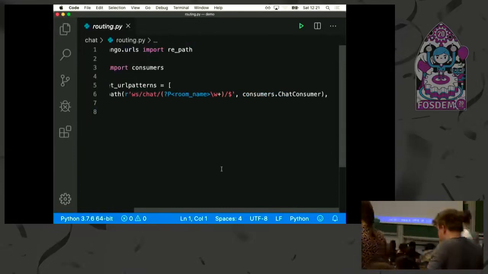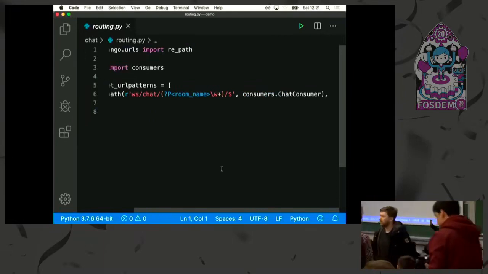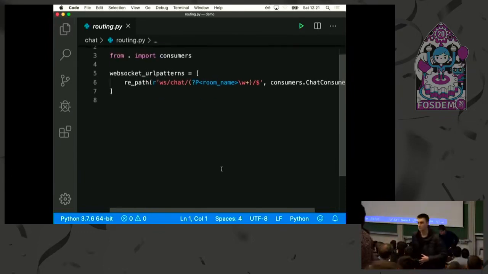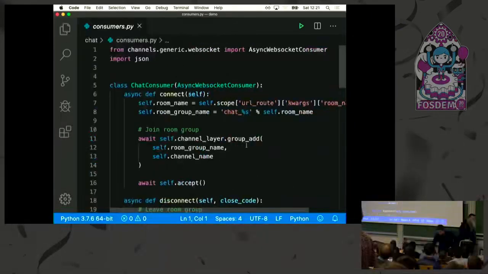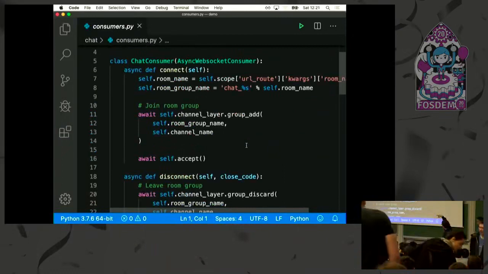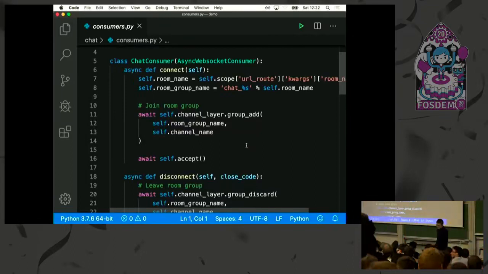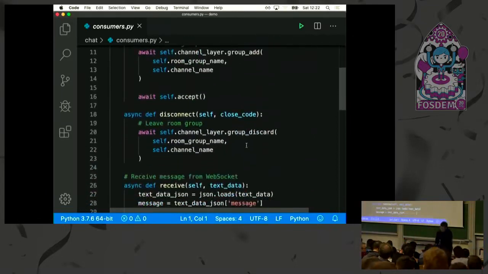So I have the chat application with WebSocket, and I can give it the room name, so I can handle messages for different rooms. And then the consumer looks really similar. So we can see the connect. When someone connects to the WebSocket, I register them to the channel group with a group name. When they leave, I remove them from the channel group.